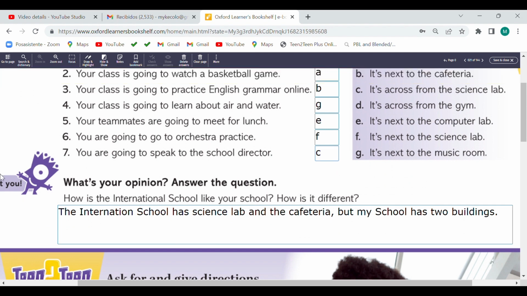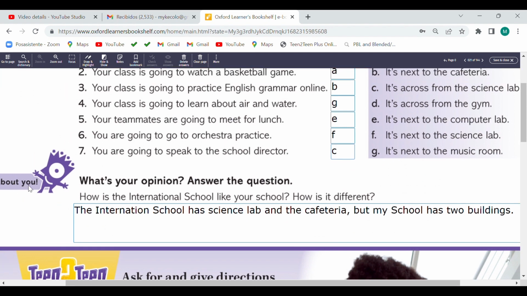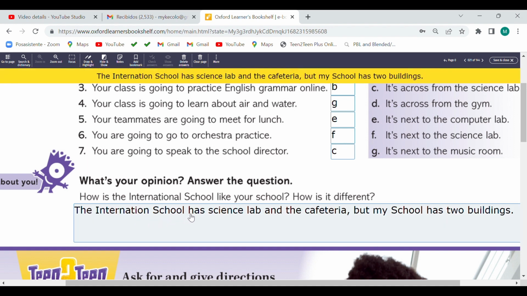Okay, and we have an example about you. What's your opinion? Answer the question. How is the international school like your school? How is it different? Bueno, ¿qué vemos de diferente al instituto? The international school, for example, has science lab in the cafeteria, ¿verdad? Que tiene el laboratorio de ciencia y cafetería, ¿verdad? But my school has 2 buildings. For example, but my school has a big building.